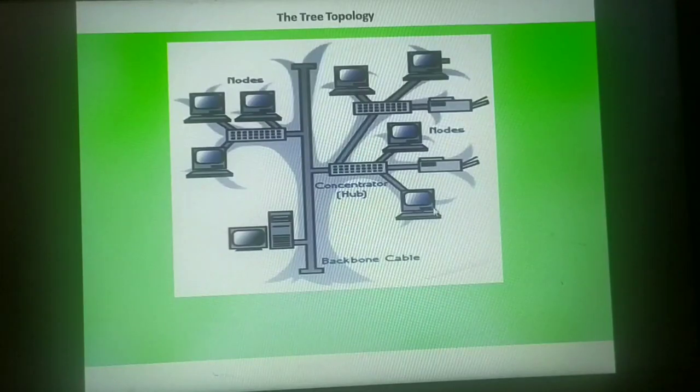Suppose we don't find the IP address on this tree topology where the sender has sent the packet. In that case, the packet keeps on moving. A copy of that packet moves to all the hubs, and none of the nodes will accept the data. Instead, a copy of that packet keeps on transmitting over the cable.